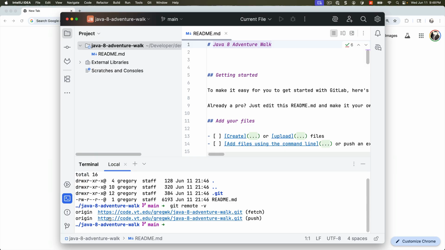remote push repo, which is code.vt.edu, gregwk, obviously yours will have your name, Java 8 adventurewalk.git. And this is our remote fetch repository where we clone the repository from. All right? So this is very cool, and especially if you're working with